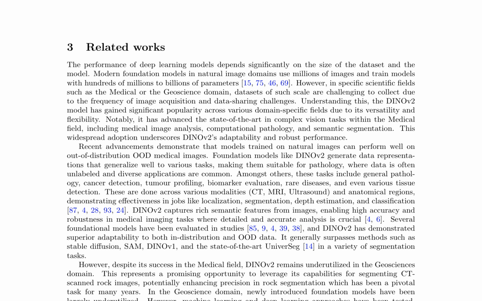The DINOv2 model, a versatile and robust foundation model, has been widely adopted in various domain-specific fields, including medical and geoscience, due to its adaptability and performance. In medical imaging, it has advanced the state-of-the-art in complex vision tasks, such as computational pathology and semantic segmentation. However, despite its success in medical imaging, DINOv2 remains underutilized in geoscience, particularly for segmenting CT-scanned rock images. This presents an opportunity to leverage its capabilities for enhancing precision in rock segmentation, a pivotal task in the geoscientific